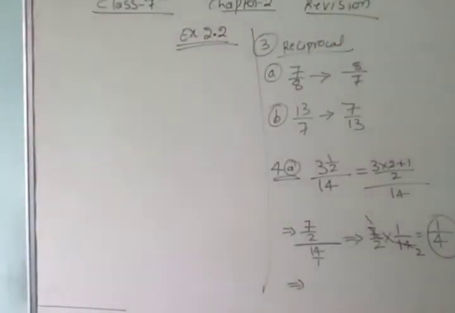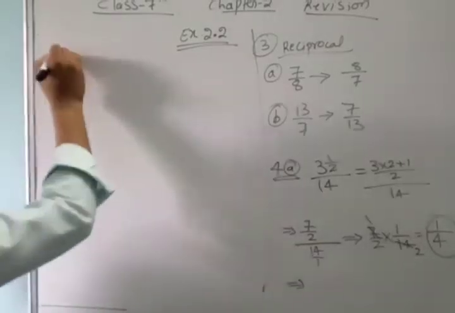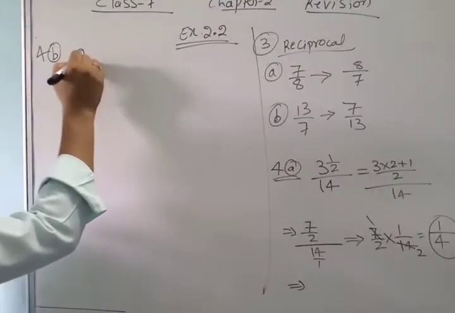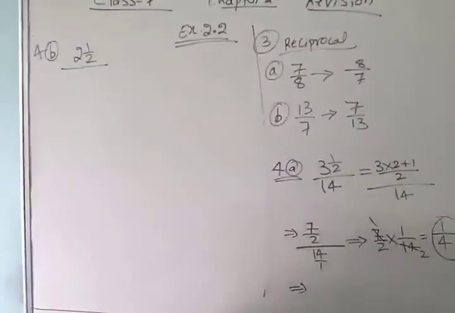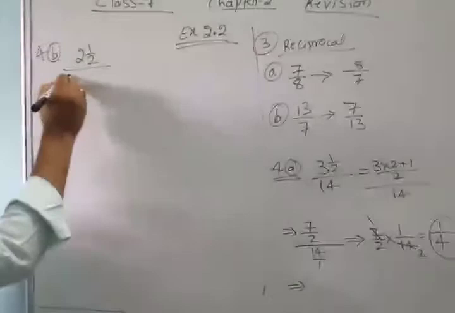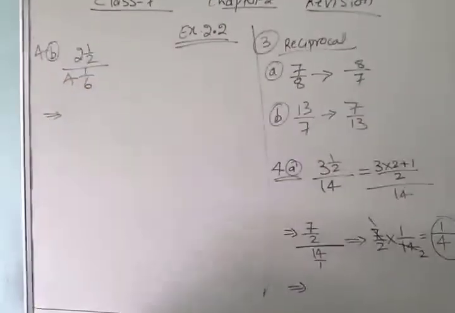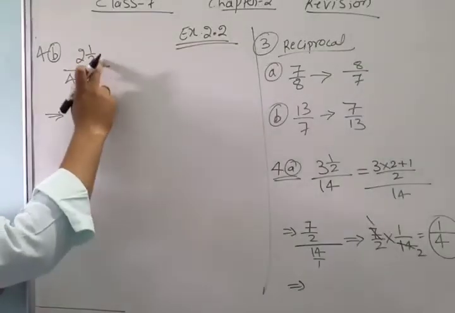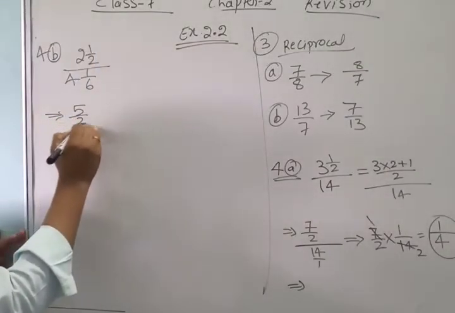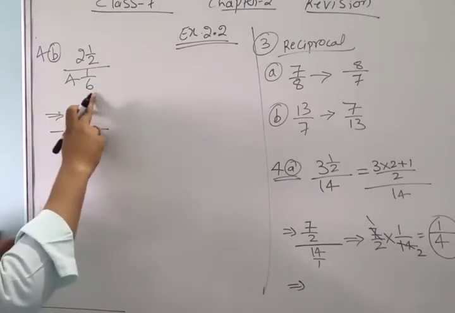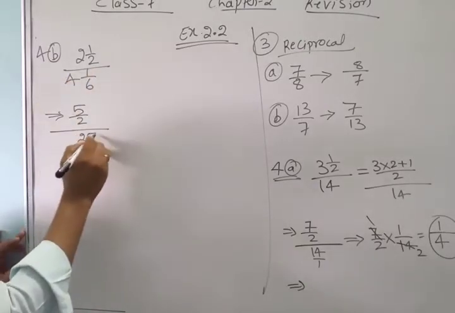Then come on next question, that is B. B क्या लिखा हुआ है आपके पास क्वेश्चन? See in the book. 2 1 by 2, इसका भी इसी फोर्थ क्वेश्चन का 2 1 by 2 all upon 4 1 by 6. So both are easy in mixed fraction. Convert firstly in the fraction. 2 2s are 4, 4 plus 1, 5 by 2. All divided by 4 6s are 24 plus 1, 25 by 6.